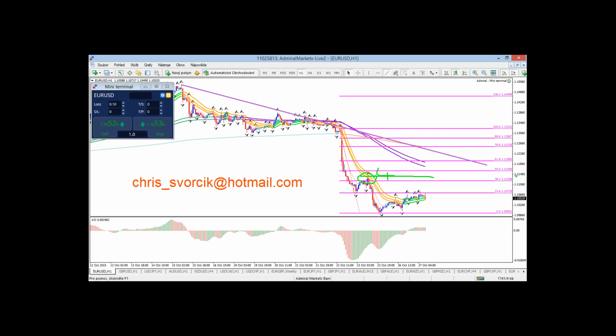The best would be if it moved up to the 38.2 fib, because then we know, as a trader, that price has moved up to a reasonably deep fib for a wave 4. If it stays at the 23.6 fib, we're always kind of in the back of our minds thinking, okay, it could still move up to that 38.2 fib. So that's something that can only be tackled if it stops here and does move down from the 23.6 fib